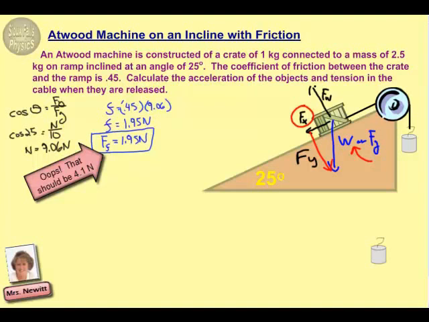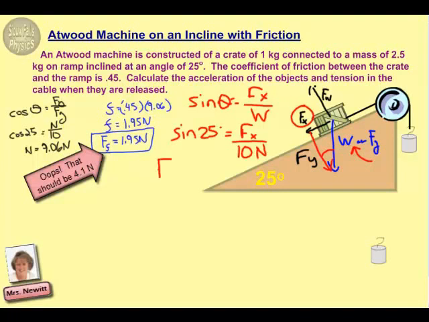Now before we do a free body diagram though, we also need to find this horizontal component. So we're going to repeat some of the trig here, only this time the horizontal component is opposite the angle that we know. Again, remember 25 degrees is down here. So this time we'd be using the sine of our angle is equal to the x component of weight divided by the resultant of weight. We know that that angle is 25 degrees, and the weight itself is 10 newtons, and so that means that we can solve for the x component of that force, and that turns out to be 4.23